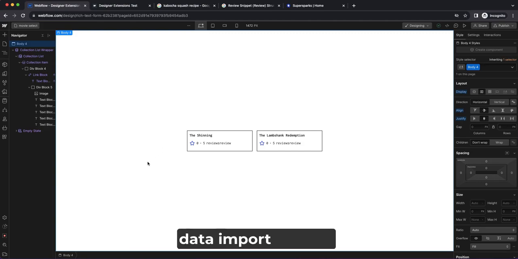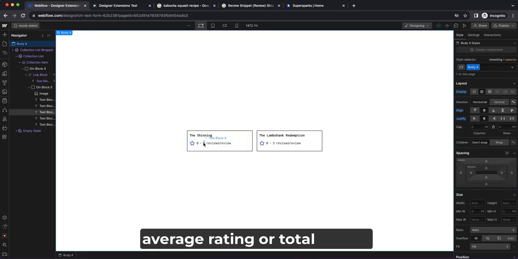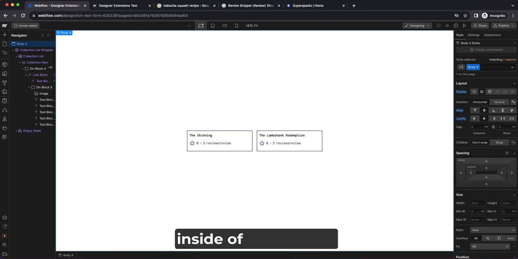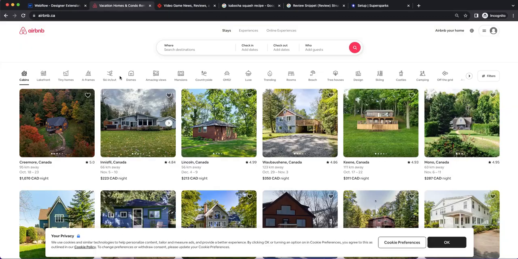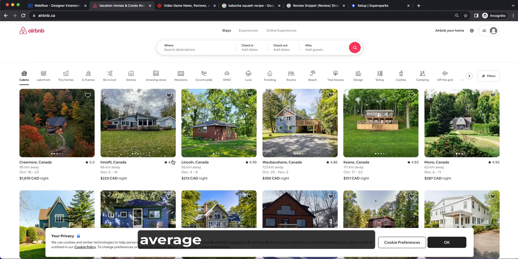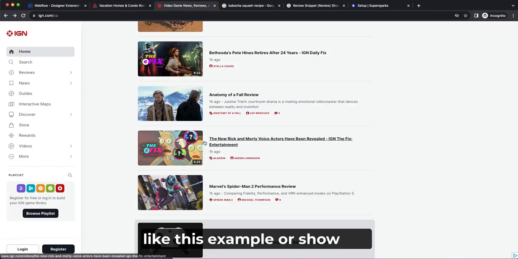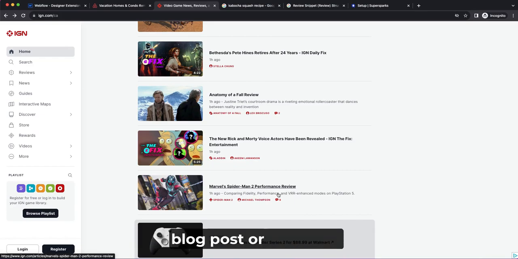I'm just going to quickly show you how to implement our new data import setting. So the first thing that this would be useful for is dynamically displaying the average rating or total reviews slash comments data for each CMS item inside of a collection list element. For example, if you wanted to show the average rating on each listing, like this example, or show the total amount of comments for a blog post or article on the clickable preview, this is all possible through this